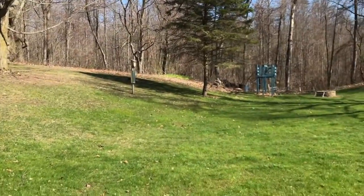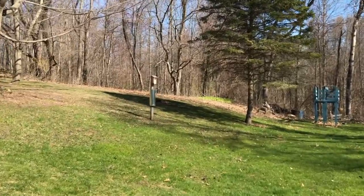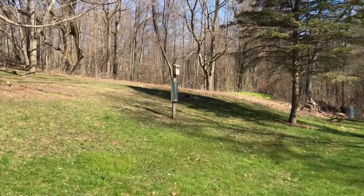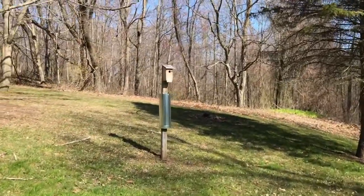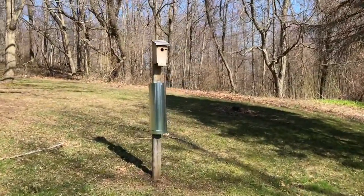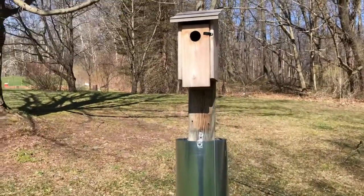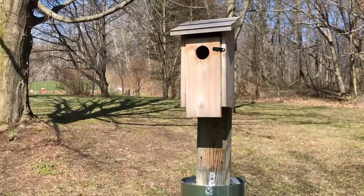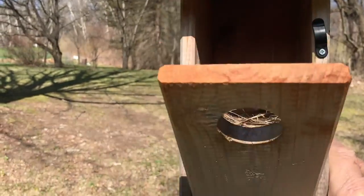This morning we were eating breakfast, and there was quite a bit of activity at the bluebird house, and what I did is I ran over after breakfast to see what was going on. Generally the bluebirds don't spend too much time in the house when the eggs are there, but I went over afterward, and what I'm going to show you now inside